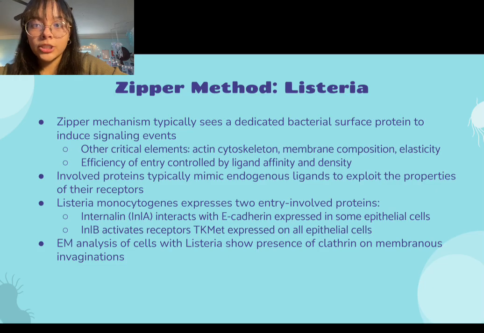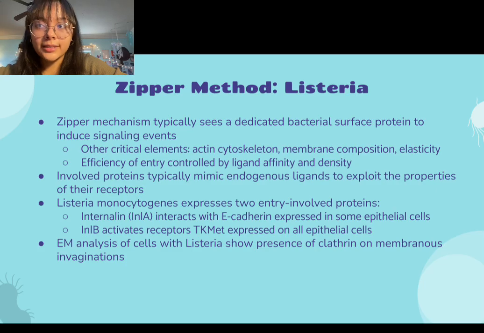Listeria monocytogenes is one bacterium entering by the zipper mechanism. It expresses two proteins involved in entry. Internalin A is a surface protein that interacts with E-cadherin, expressed only in some epithelial cells. Internalin B proteins activate the receptor tyrosine kinase MET, the hepatocyte growth factor receptor that is expressed on all cells of epithelial origin. Electron microscope analysis of cells infected with Listeria shows the presence of clathrin on membranous invaginations